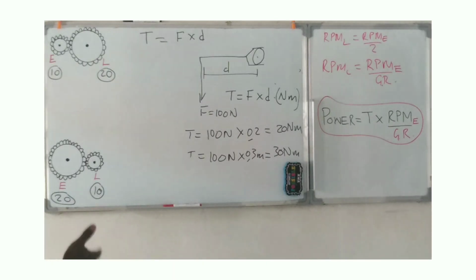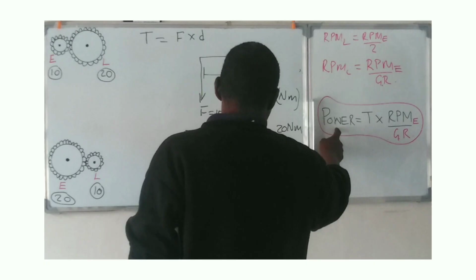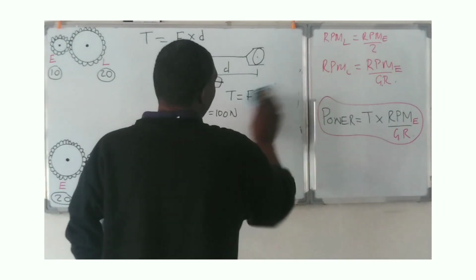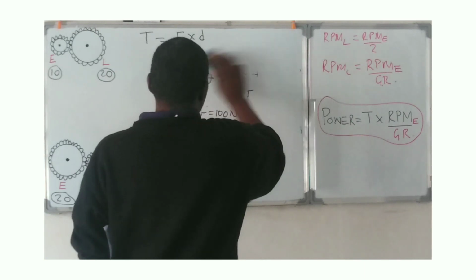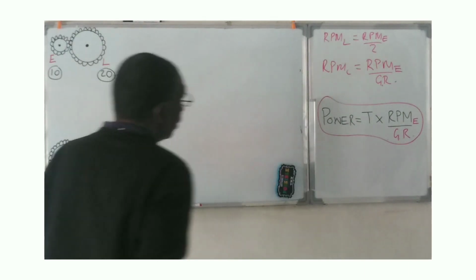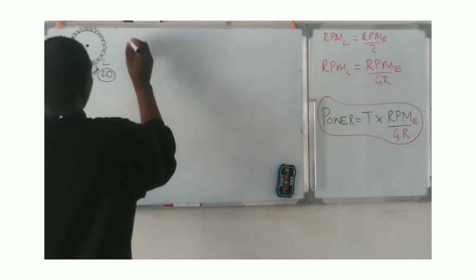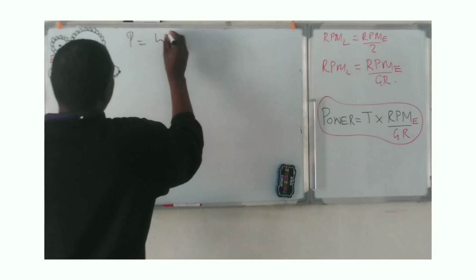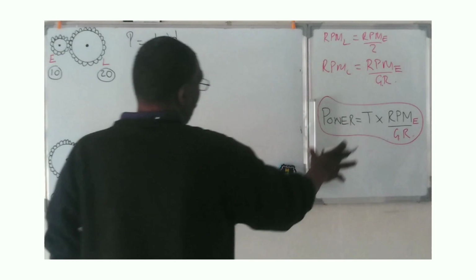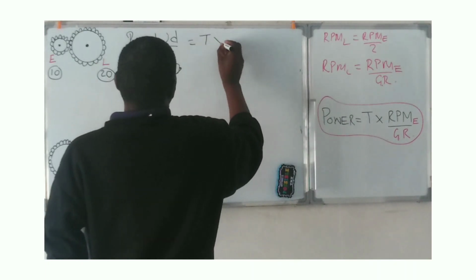Now, lastly, what's the last term we need to talk about? It's power. Let me clear this stuff first of all. Power generally is given by work done. So power is equal to work done over time. But in terms of the car, our power is going to be torque multiplied by